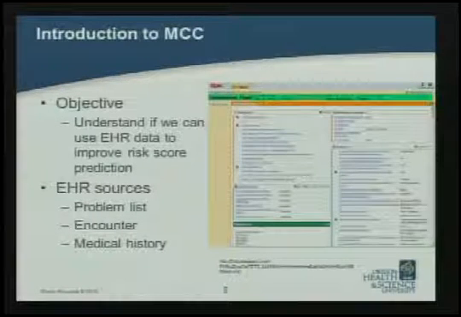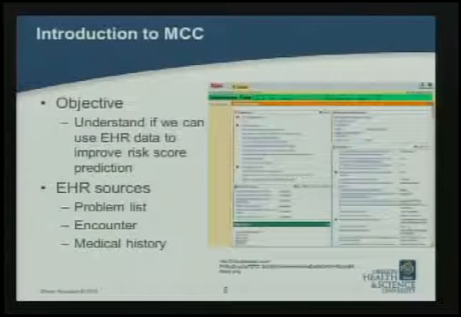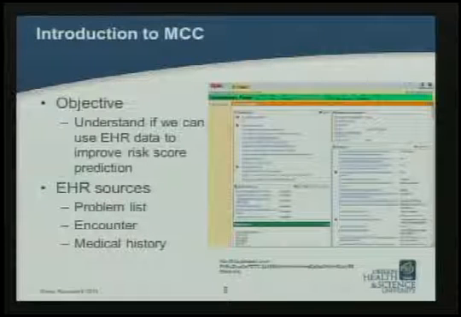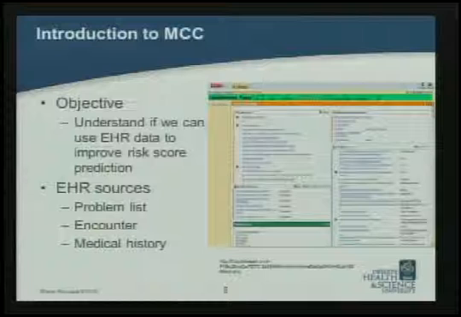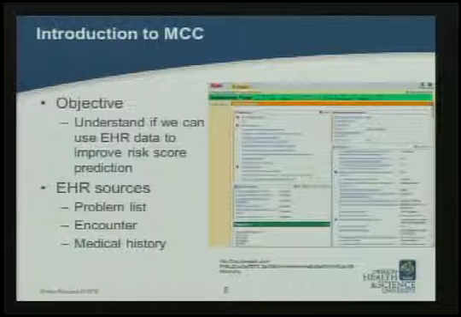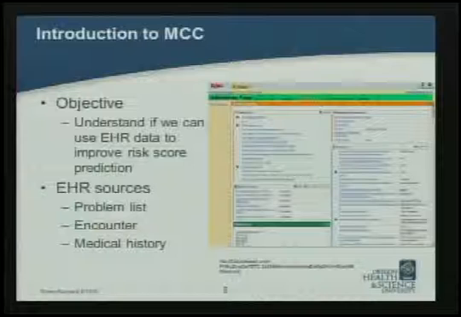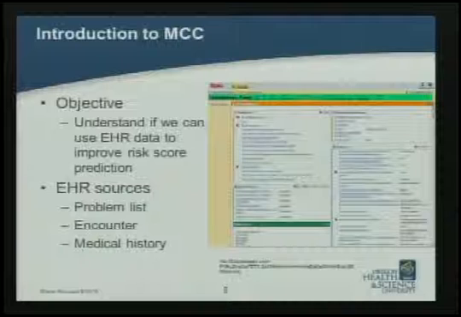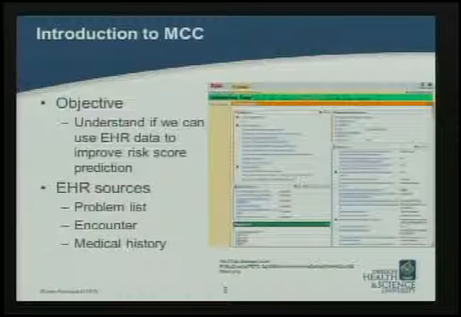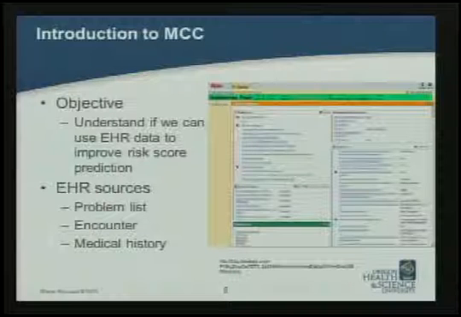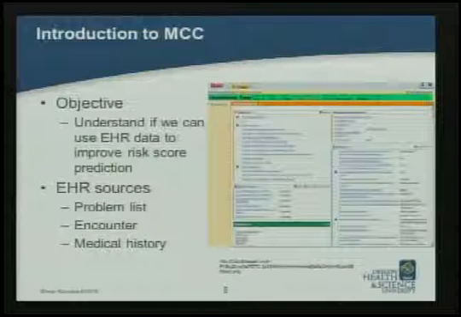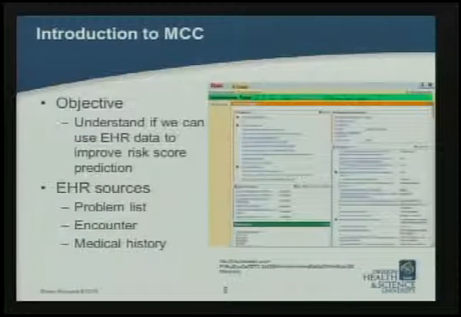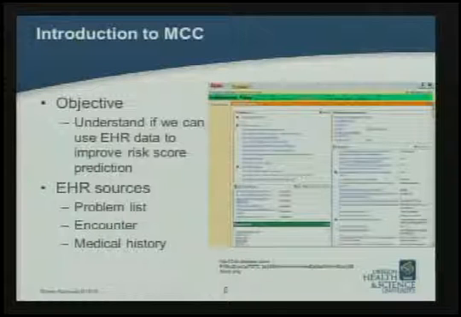The three sources that we used for the risk score predictions were the problem list, encounter, medical history, and then a combination of all three of those sources. Problem list and medical history are very similar in the sense that they are places where any doctor can write down issues that the patient was having. However, problem list is supposed to be more pertinent to what's actually going on with the patient right now, while medical history, as the name would imply, is supposed to be history, so issues that are not currently affecting the patient but were in the past. However, many doctors do not follow these standards, and it ends up that both the problem list and medical history will have information on patients' conditions, whether they are currently affecting them or in the past.